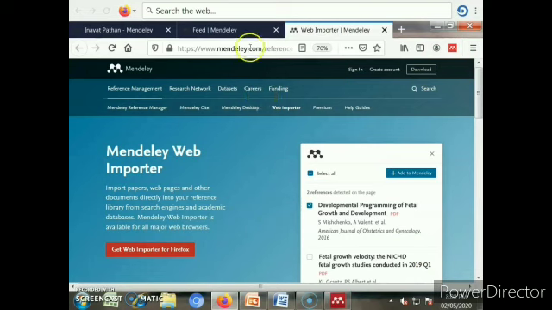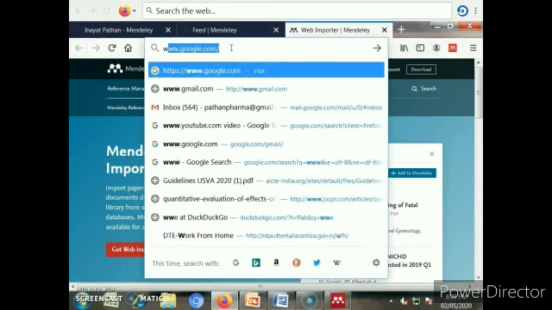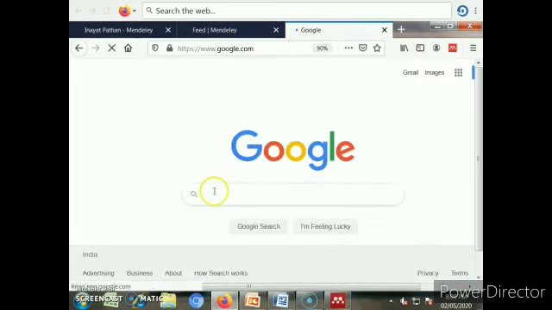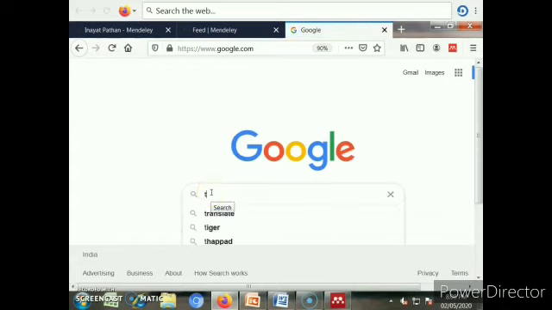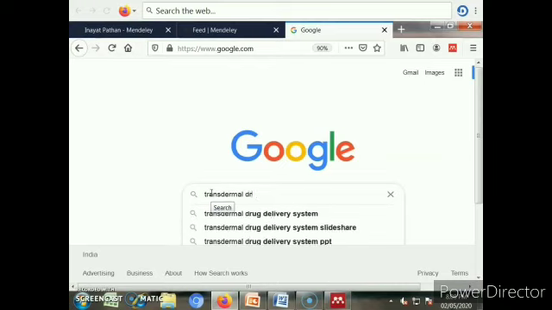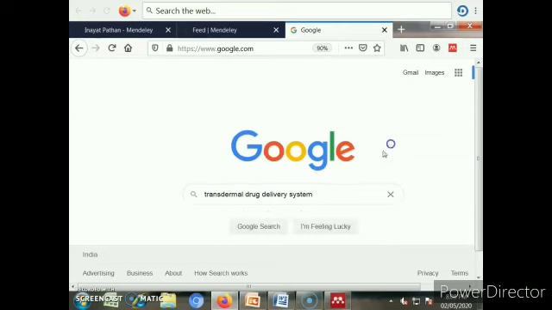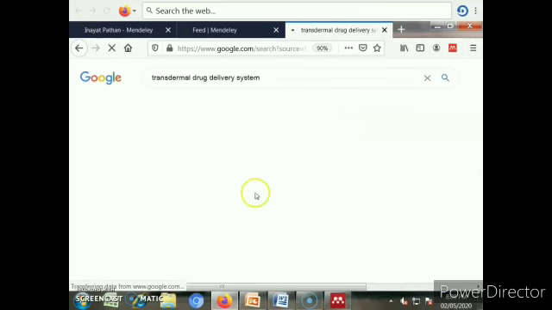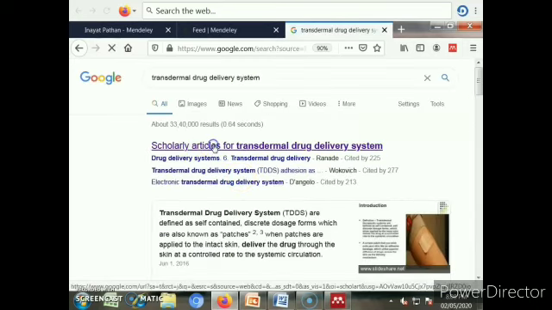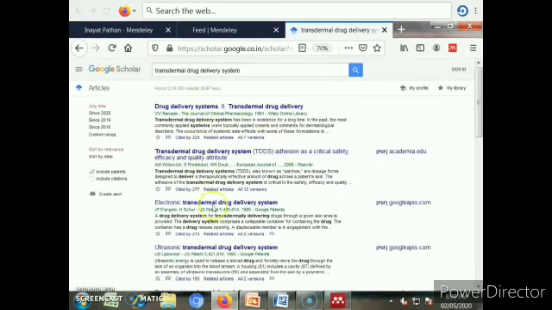Now we'll open the Google page. We'll import some articles now. Transdermal drug delivery system. In this case we'll go to scholarly articles. After clicking this, these articles are open. Now you have to click on this Mendeley icon, the Mendeley web importer.